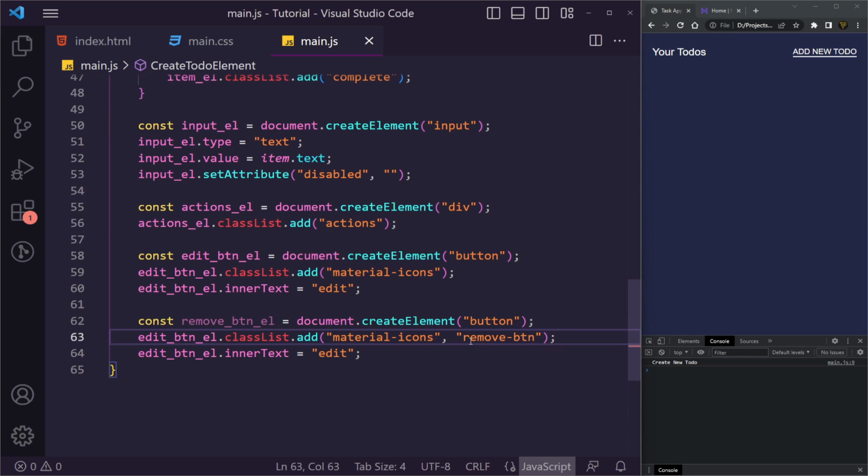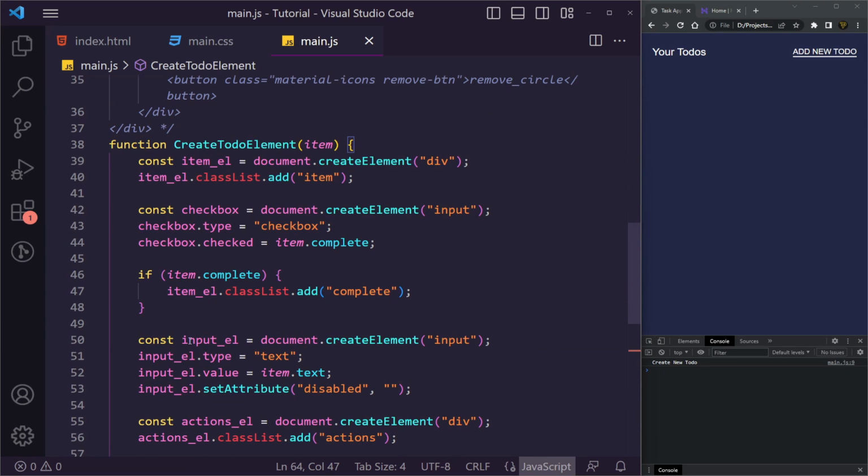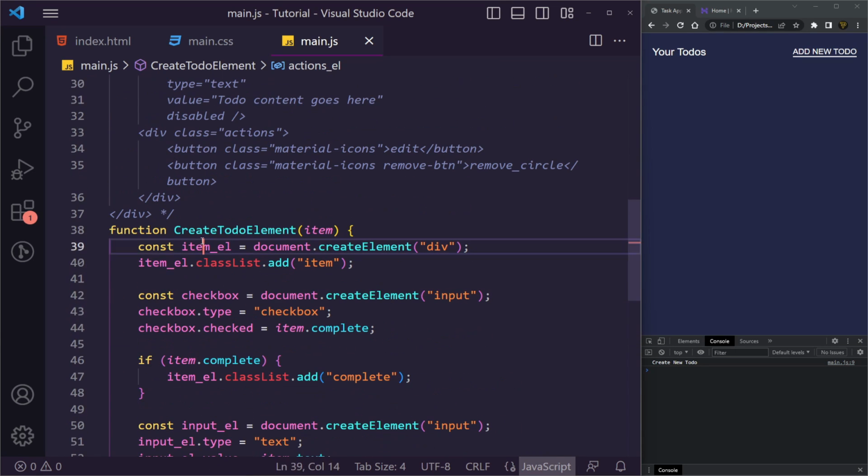And we're going to add in the remove button class as well. And finally, we're going to change this to be remove circle. And also we want to change this first class here to be remove button. So this will be creating our remove button. Now, next up on our list, we just need to add all of these separate elements into our item element